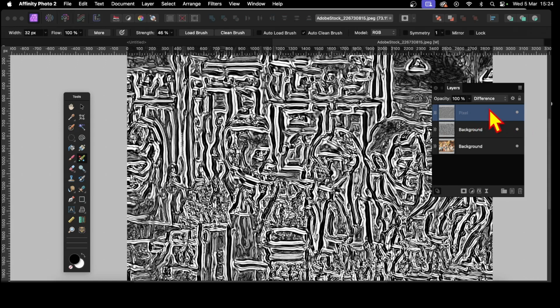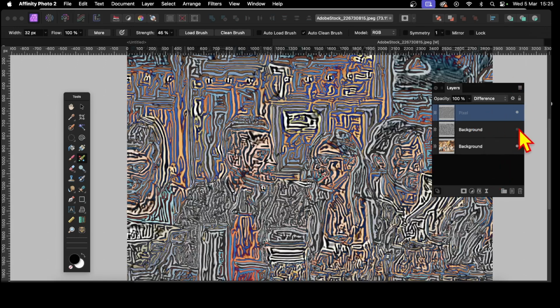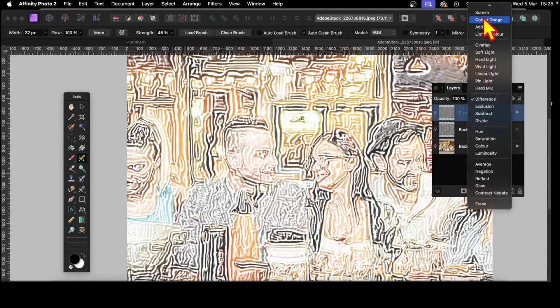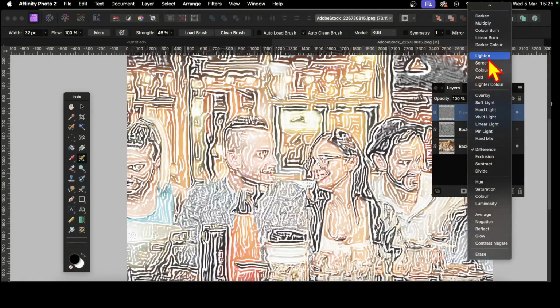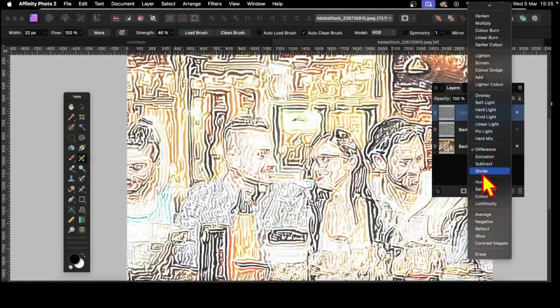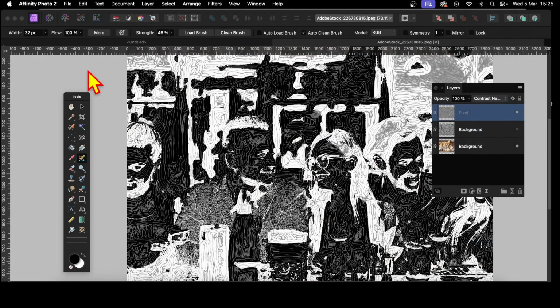But now with that pixel layer combined, you can now see you get a very Photoshop chrome-like effect quickly created. And then you can also say, you know what, let's just go for, deselect that one. And now you can see you get the colouring. And you can go through, you don't have to use that one. You can maybe go for overlay or lighter colour, colour dodge, or a whole load of different options. Just try them out. Maybe contrast negative, which I think creates a quite interesting pencil sketch, especially in the inverted